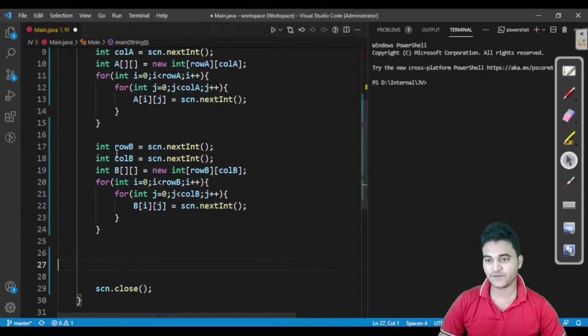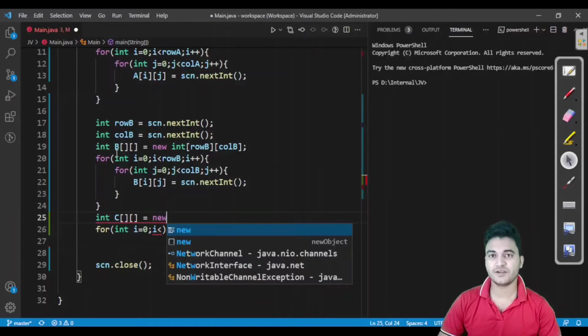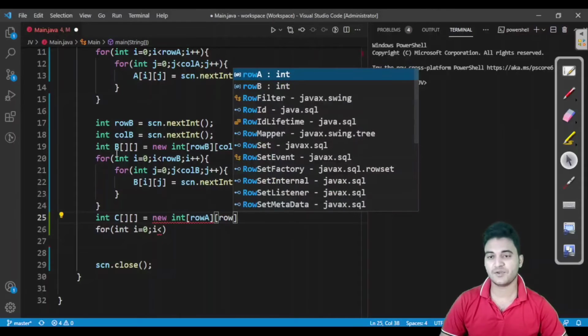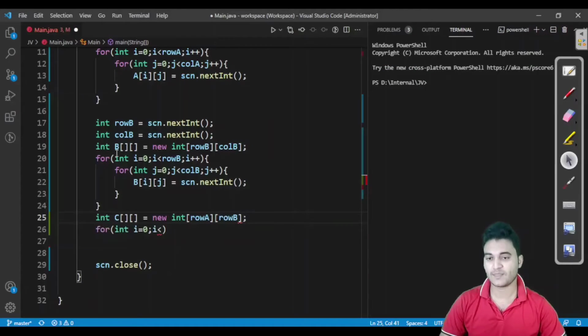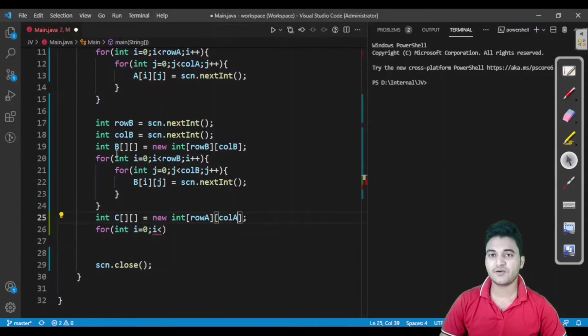Now we have to write a few lines for iterating over a matrix. How would we iterate? For int i equal to 0. First of all, we need to declare a result matrix, let us call it C, of the same size. Either we can take row 1 or row 2. So int row A, I'm taking the size of this as column A, or we can take column B also.